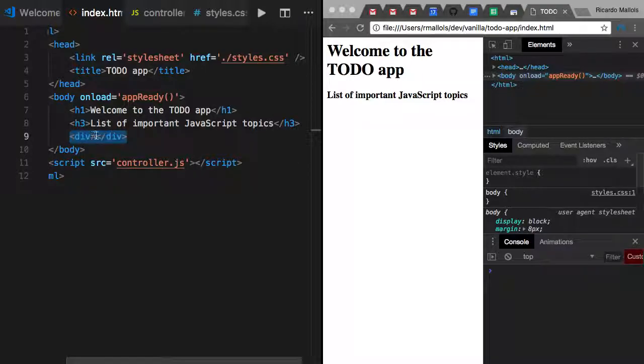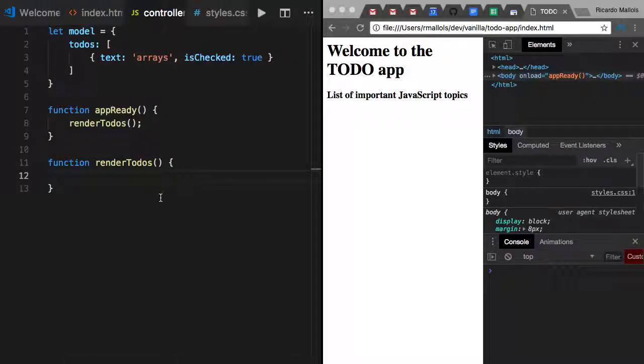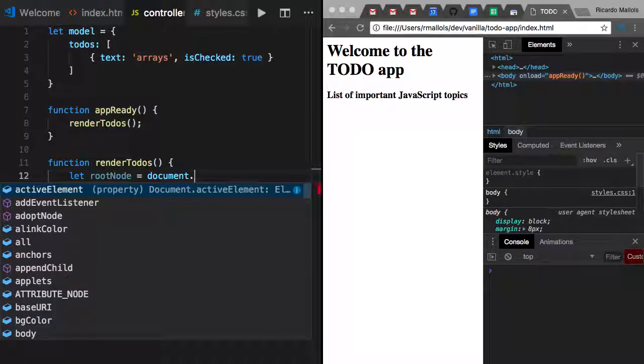And to access that container, that element, that node, I'm going to add an ID, because it's going to be unique. And the ID is going to be to-do list, for example, right? So once I got that, I can go back to JavaScript, and then I can get the pointer to that element. How can we do that? I'm going to create a variable called root node equals, that's super important, document dot, we need to